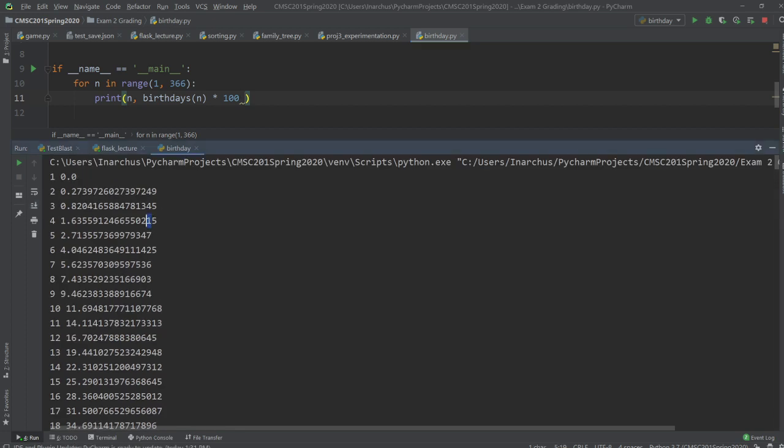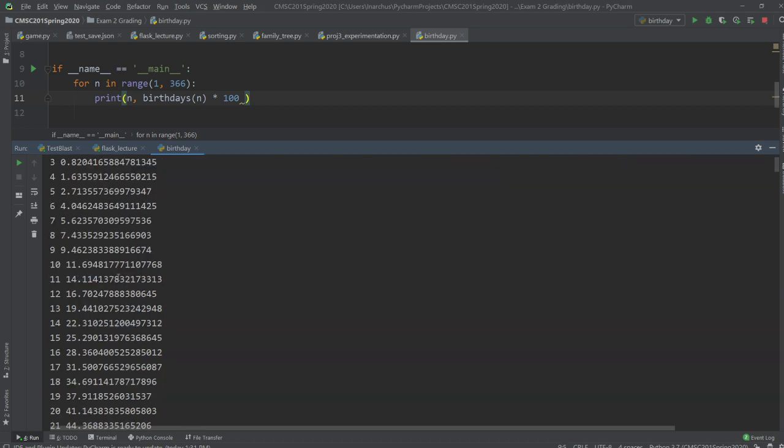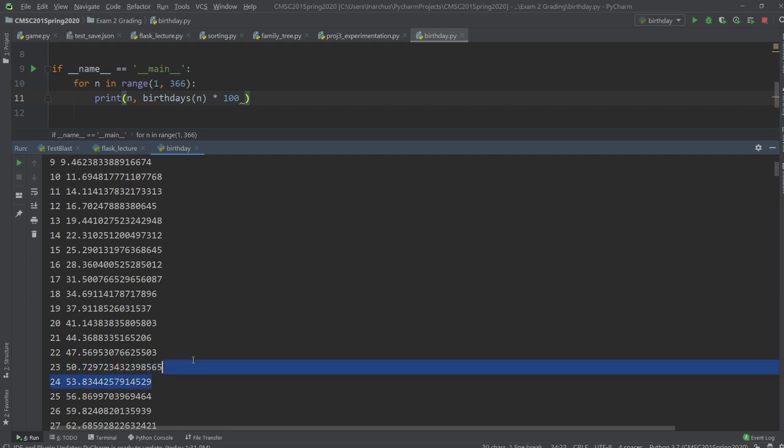You know what we could do? We could multiply these numbers by 100. So now it's actually in percentages. You see that here it goes up from 1%, 2%, 4%, 5%. So it's actually going up a little faster than just linearly, right? And then here it starts to kick itself up into high gear. As it turns out, yes, we have 24 current viewers according to YouTube, so there's a 53.8% chance that someone in here shares a birthday.